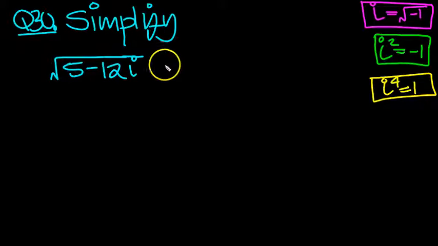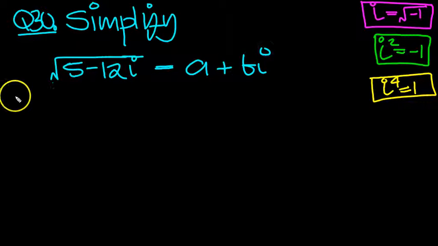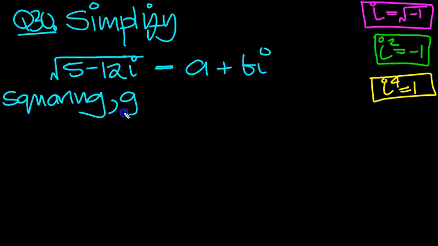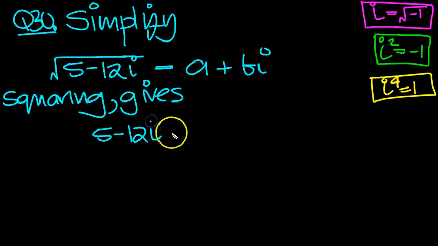Square root of 5 minus 12i. Let's simplify this. So this will equal, we can say, a plus bi. Square both sides then. To get rid of the square root, squaring gives, on the left, just 5 minus 12i. On the right we'll have (a plus bi) squared,